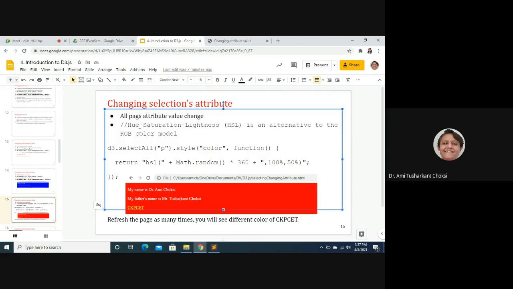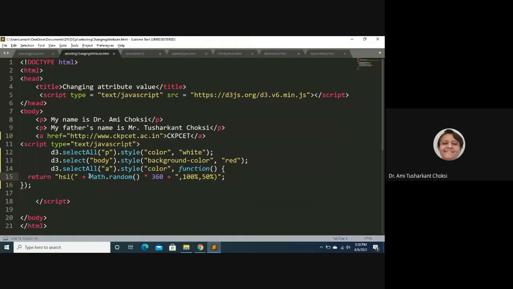So what we are giving is, we are giving it as the HSL. After that we can say Math.random multiplied by 360 plus 100% and 50%. That means whatever is coming for the first value, that is h, that is coming with the help of this Math.random multiply by 360.